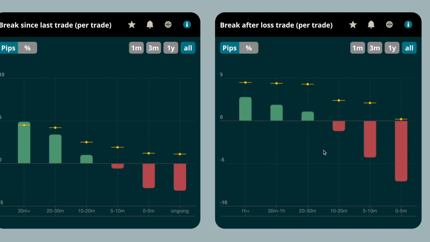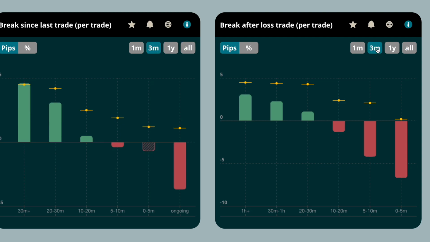The good news is that if the trader does a break of minimum 20 minutes after a lost trade, the average performance becomes positive. In case you have a similar pattern to this trader and you start to work on this behavior, you can make use of the more recent time frames in order to check your progress. You will be able to detect whether your effort already started to pay off by looking at the total payoff from the trades with only minor breaks in the last 1 or 3 months.